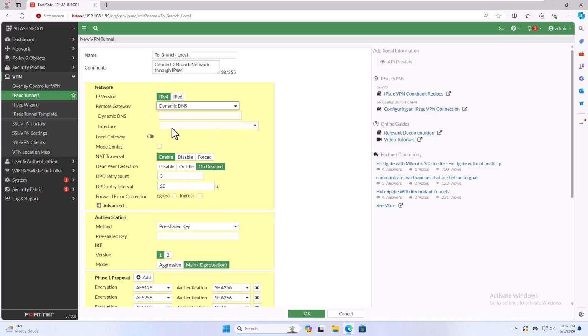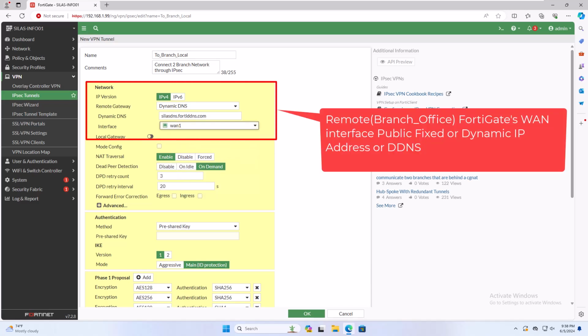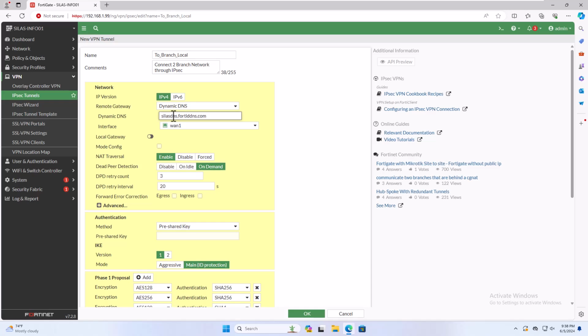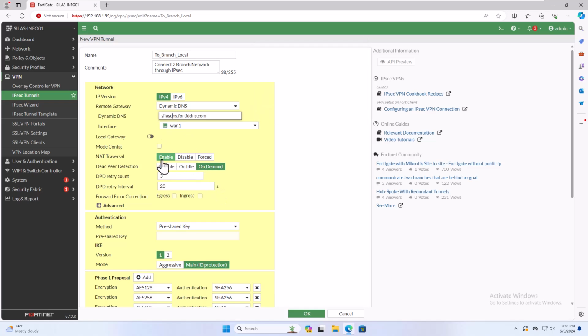On the configuration page, set the remote gateway to the IP address or dynamic DNS of the remote site. Here in this example I am going to use the dynamic DNS. The dynamic DNS address is silasdns.fortidns.com, and interface 1. Dead peer detection on idle,